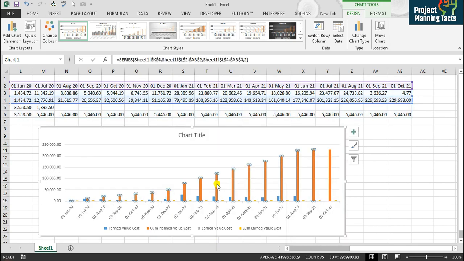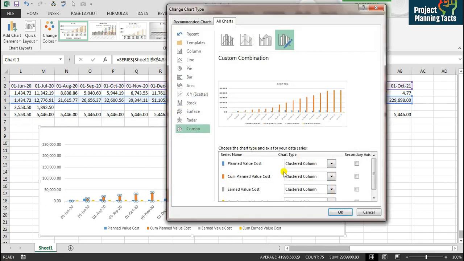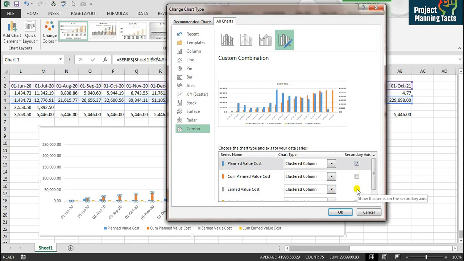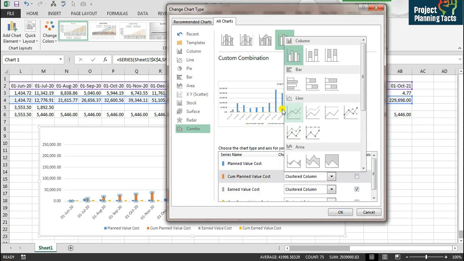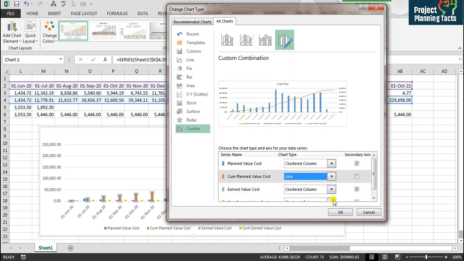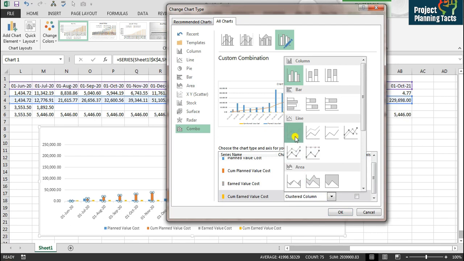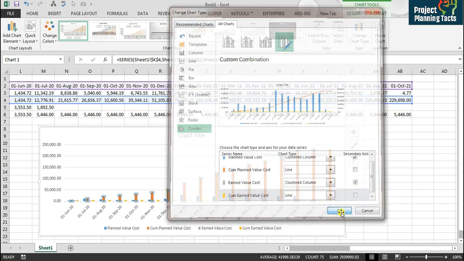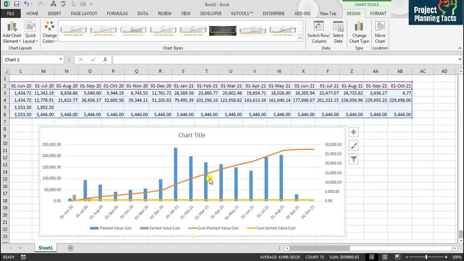I will click on bar, right click, change series type, and I would say that planned value cost interval is my secondary axis, and similarly earned value interval is secondary axis. And here cumulative I have to change from clustered column to line. I will apply the same for cumulative earned value, click OK, and then here I have got an S curve.